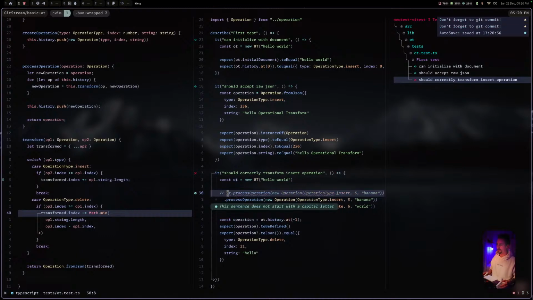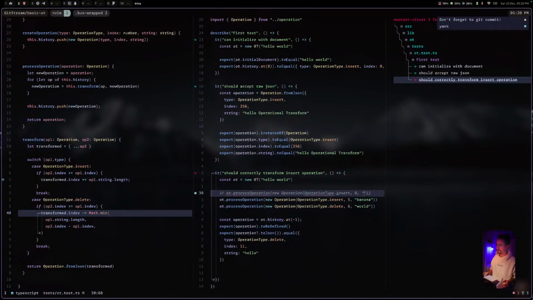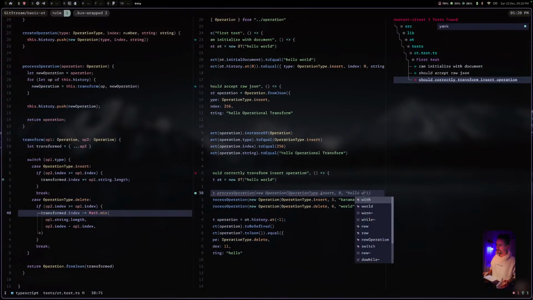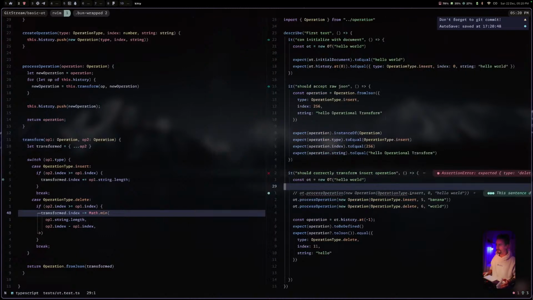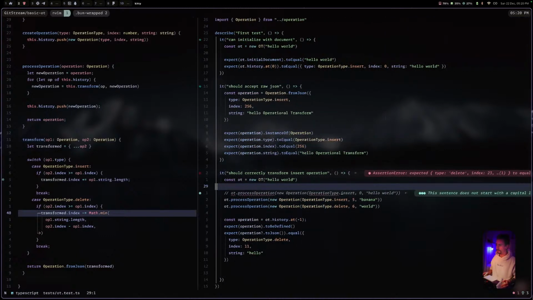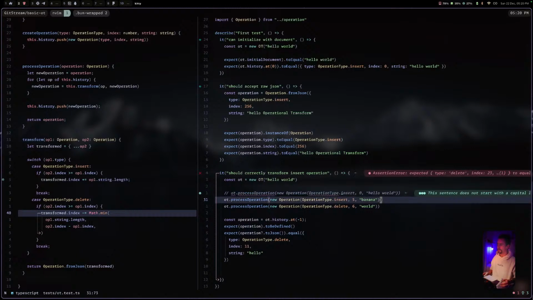The first one is invisible because it's done by the constructor itself. We create a new operation, insert at 0, and we insert hello world. So we insert hello world as the first operation. Then we insert banana